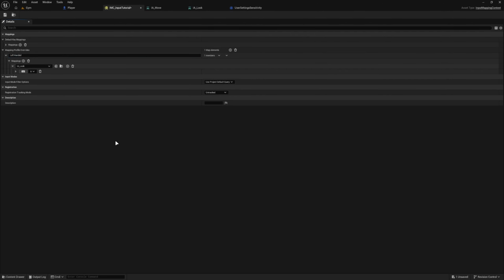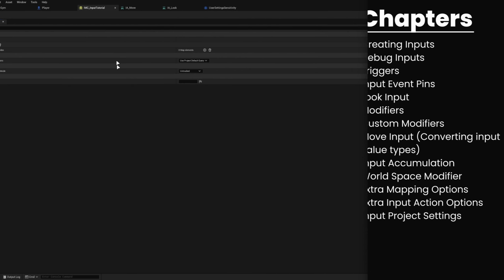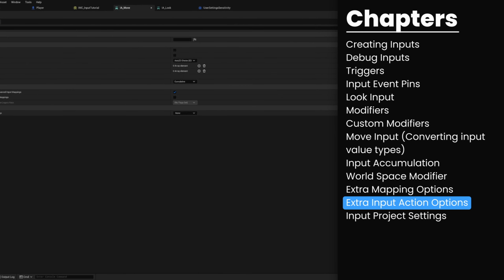Or you could create one for southpaw configurations, everything like that. So if you had a settings menu where you could switch between predetermined setups, this is where you could set up the other ones. That saves you from having to duplicate entire contexts. You can store them all in one context if they're all supposed to do the same thing, just with different keys for different profiles. Okay, I'm going to go back to input actions, and let's talk about the rest of